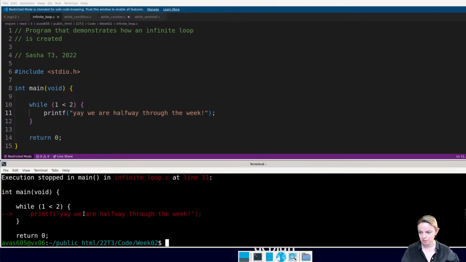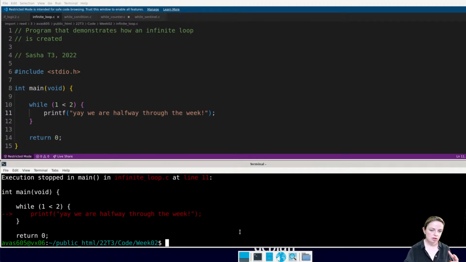I couldn't break out of it because the condition's always true, so it's going to keep repeating itself. Anytime you enter an infinite loop, and it will happen when you're coding, or anytime your program will not stop running, Control C. Yes, Tom is correct. I pressed the command key first because I have a Mac keyboard and inside VLab, Control C is the way to stop that infinite loop from occurring.